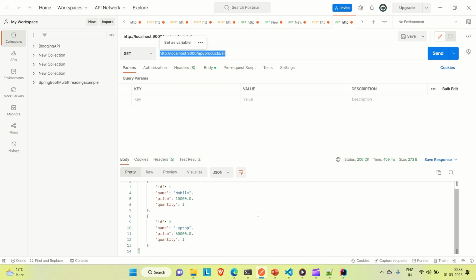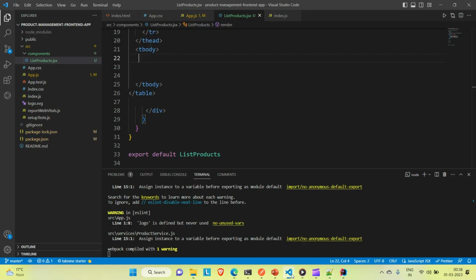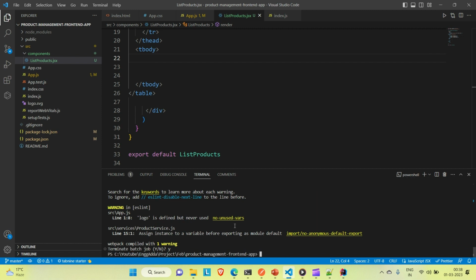Now I'm going to call this API in our front end. For that, we are going to use the Axios library in our React. So let me go to the Visual Studio Code and install Axios here. First of all, let me stop our application. You can do Control C, the option of terminate batch job will come, and you can say yes. Now the command to install Axios is npm install